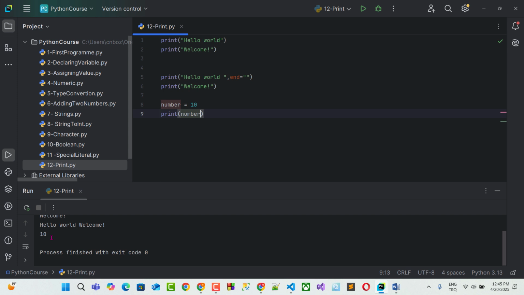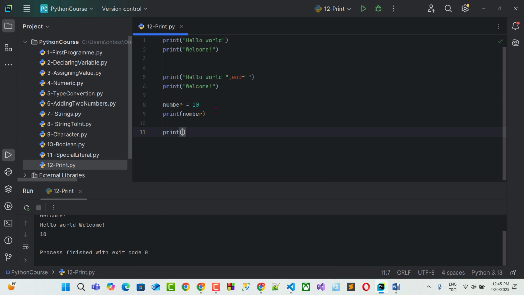If I want to concatenate two strings in the print function, what I will do, I write the print function. For example, I so love programming. After that, I just write plus and then I concatenate the other string. I so love and then I'm writing programming. If I run it, you see I so love programming appears on the screen. I just concatenated two strings in the print function.